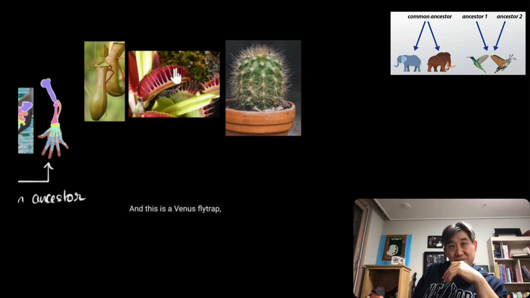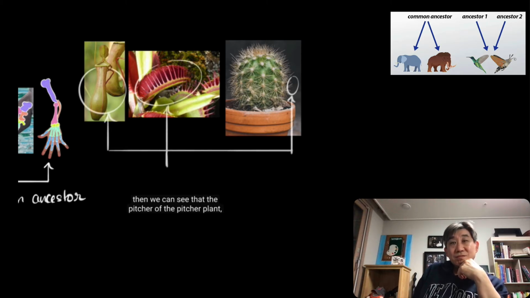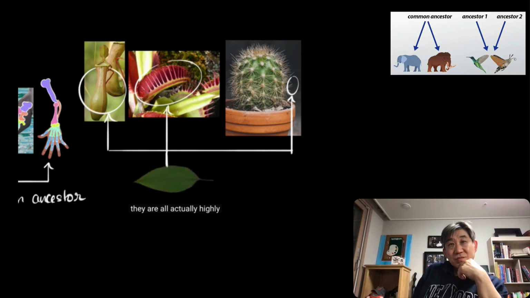And this is a Venus flytrap. It's like a mouth-like thing, so if a fly comes in, it basically closes the mouth and starts digesting it. And this is our cactus, which has a lot of spines, or the thorn-like structures, they're called spines, pointy spines. Now what's interesting to see over here is that if you do a careful study on these structures, then we can see that the pitcher plant, the mouth of the Venus flytrap, and the spines, they are all actually highly modified